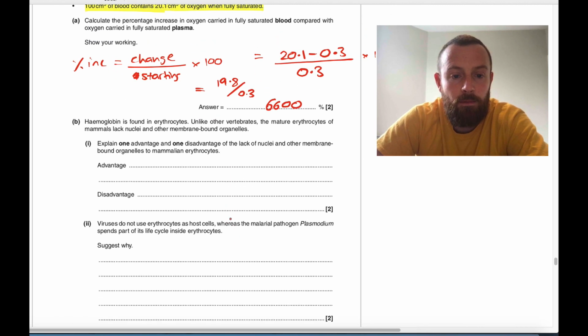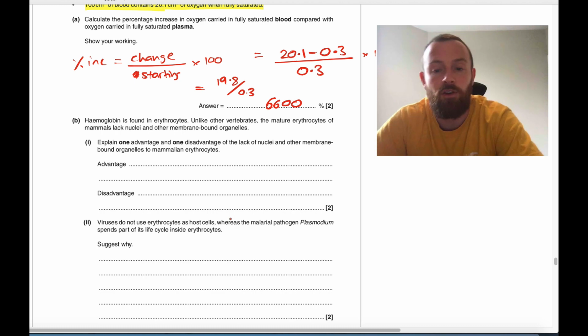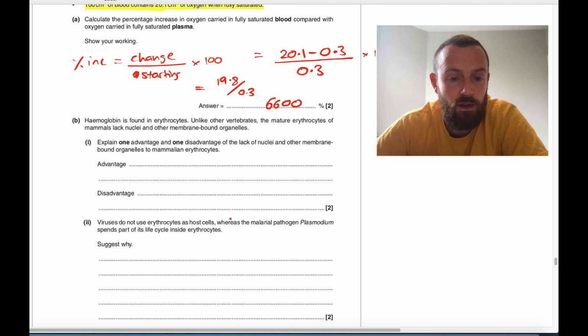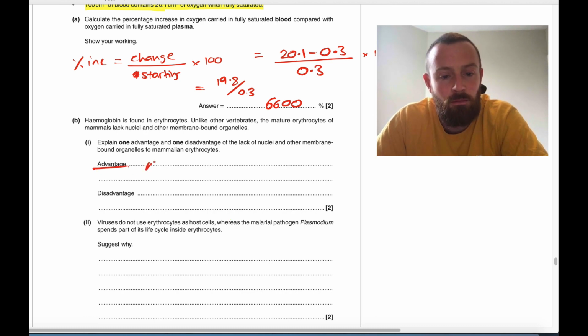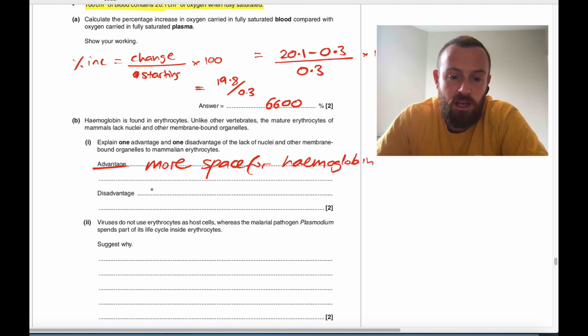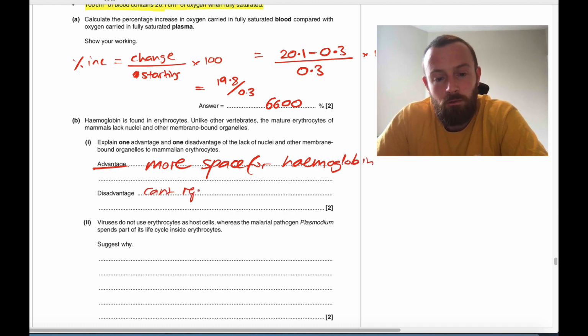Okay. Hemoglobin is found in erythrocytes. Unlike other vertebrates, the mature erythrocytes of mammals lack nuclei and other membrane organelles. Explain one advantage and one disadvantage of the lack of nuclei and other membrane-bound organelles to mammalian erythrocytes. Well, the main thing, the advantage, is there's more space for hemoglobin. Disadvantage is they can't replicate, can't produce new proteins,